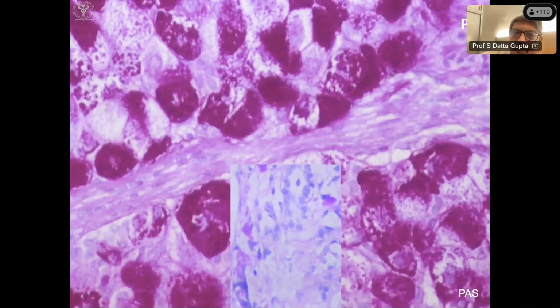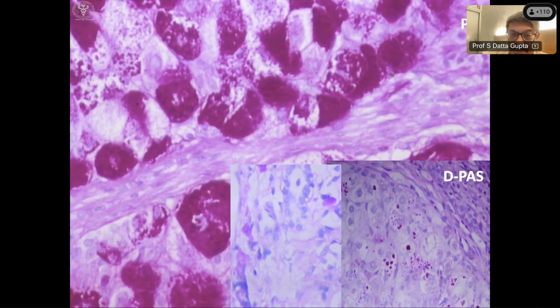So you see, why do we do diastase PAS? This is PAS, and you see it stains everything. You can't make out what it is. It's all full of glycogen. Please note, in some livers, the glycogen stains only one pole. It is known as the creaming effect of glycogen, and that's a fixation artifact. Anyway, so that is the glycogen stain. Now see diastase PAS, same case, you are able to find out alpha 1 antitrypsin bodies